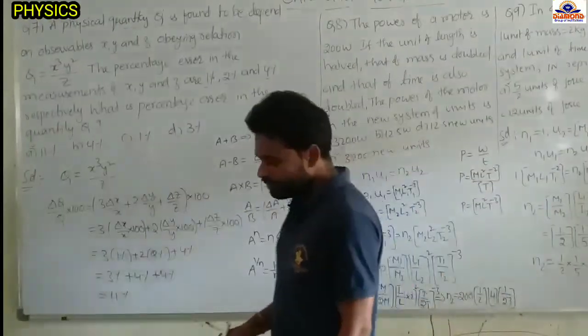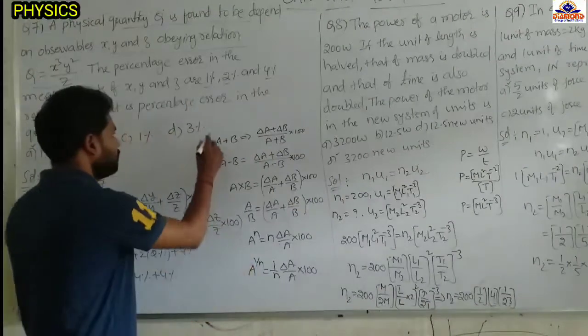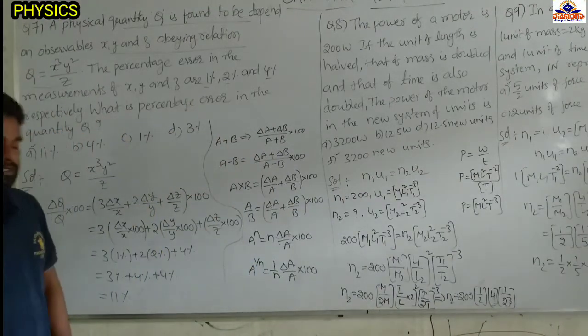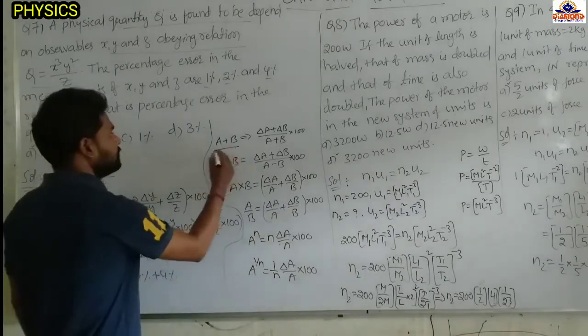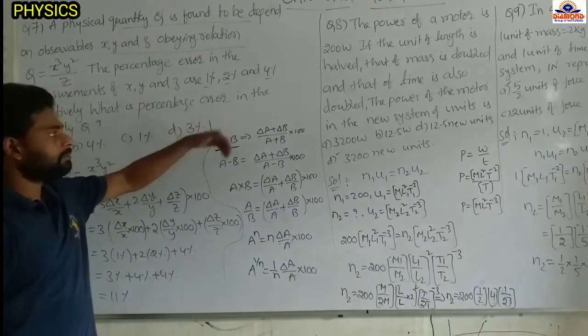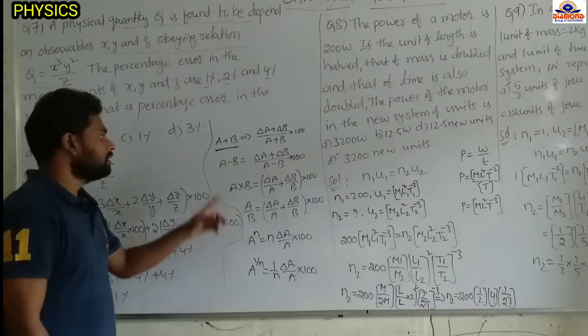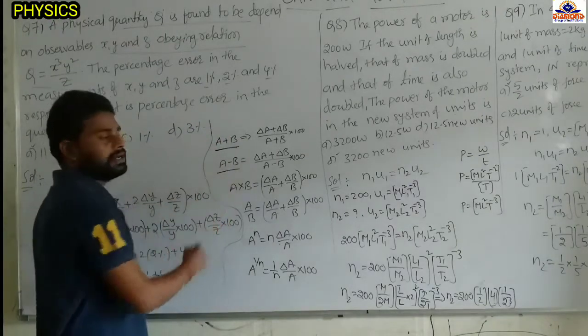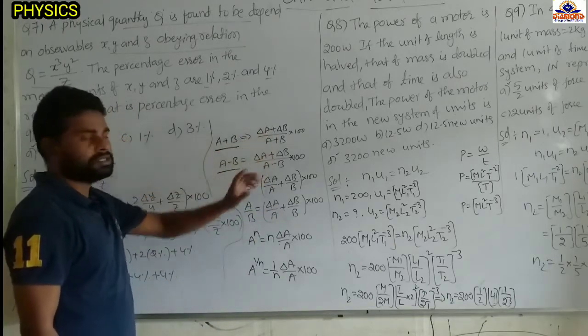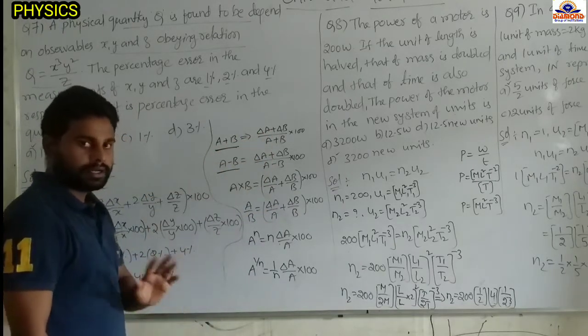Okay, before that I will tell you some formulas. Remember these values. Suppose the quantity is expressed as the sum of two other quantities, a plus b, then percentage error equal to del a plus del b by a plus b. Now if a minus b is there, then del a plus del b by a minus b. Error we always get with the positive sign only, we should never get the negative sign.